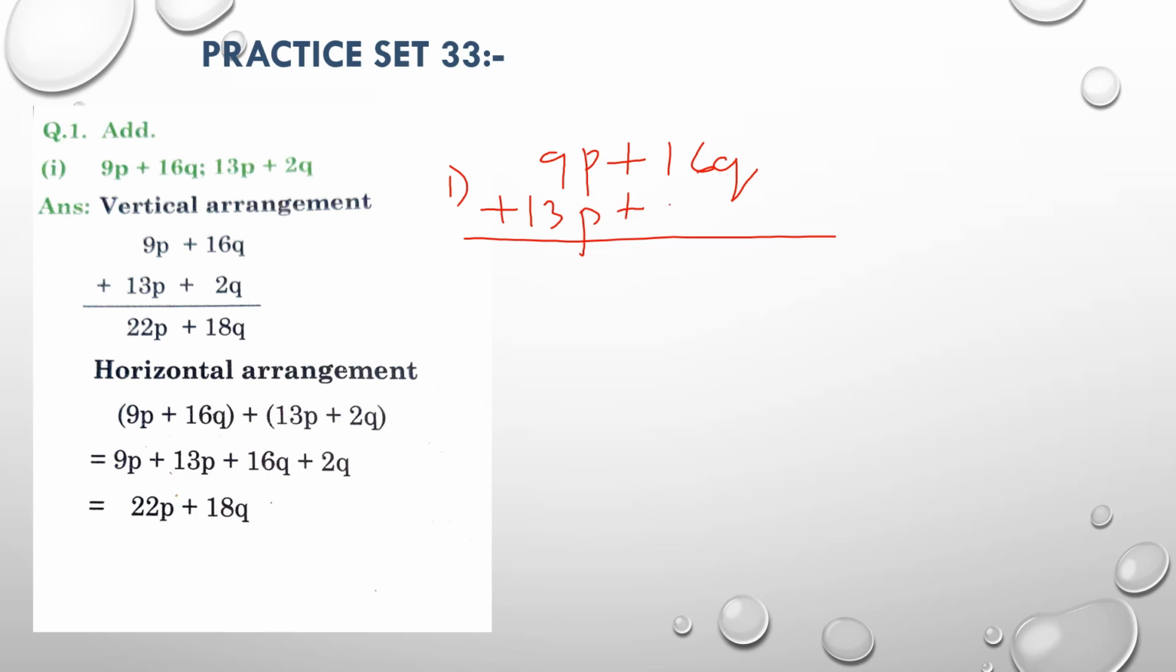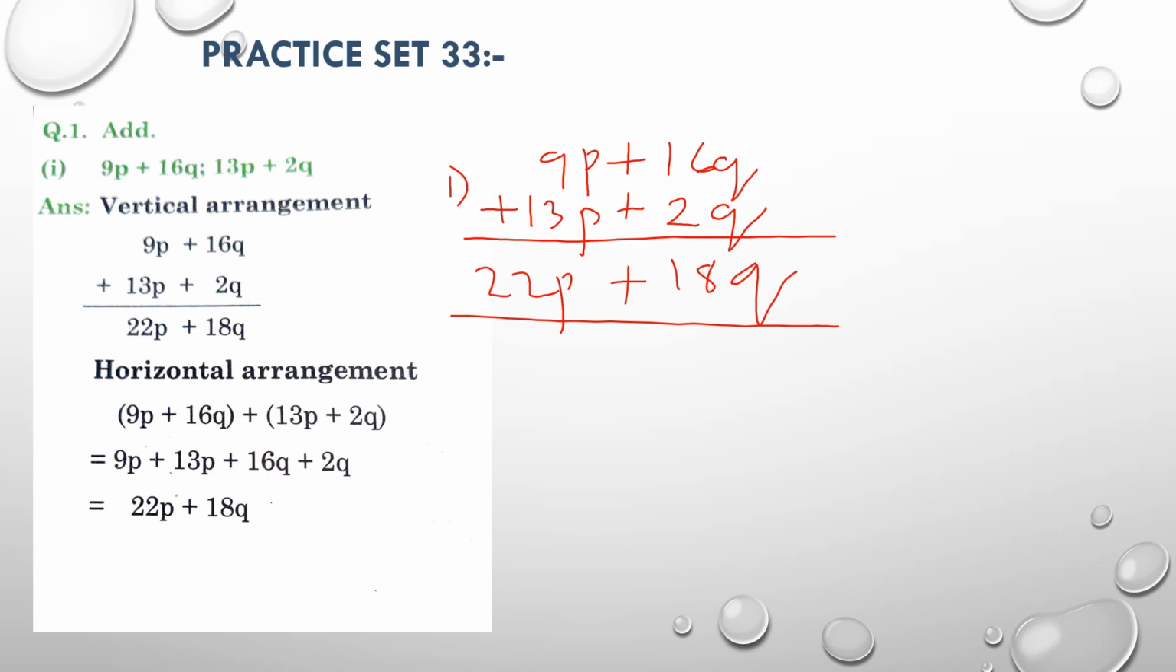Now we have to add the terms. Now 16 plus 2 is what? 18q. Plus and plus will be plus. 9 plus 13 will be what? 22p. So this is your answer. Now horizontal method,